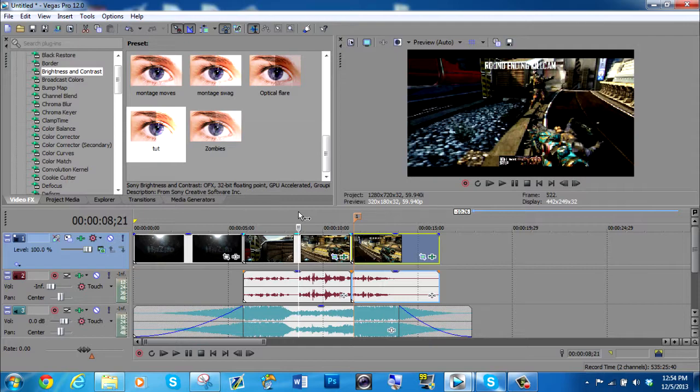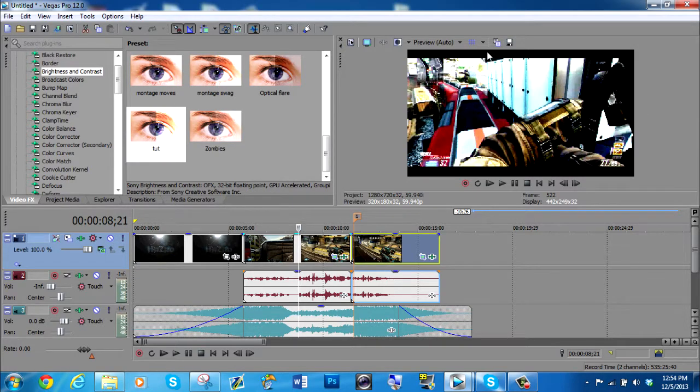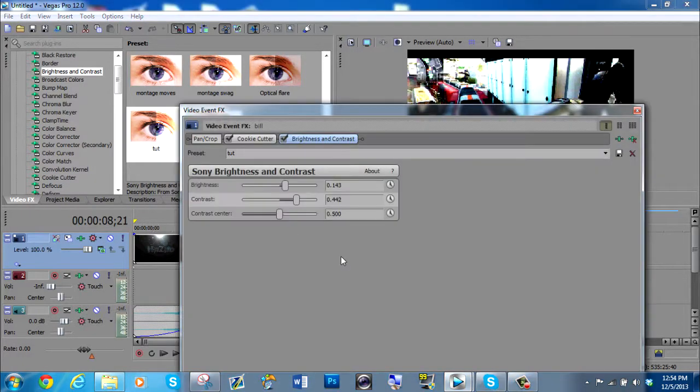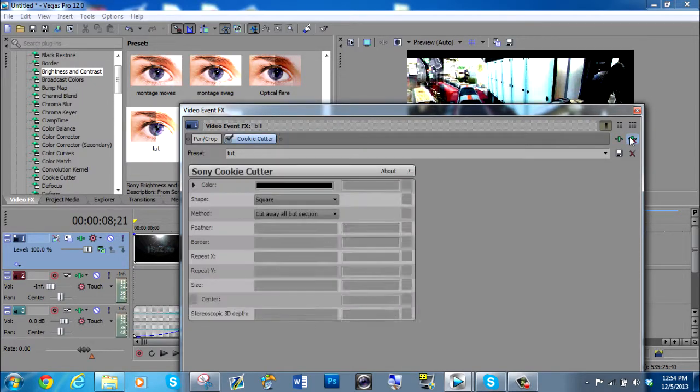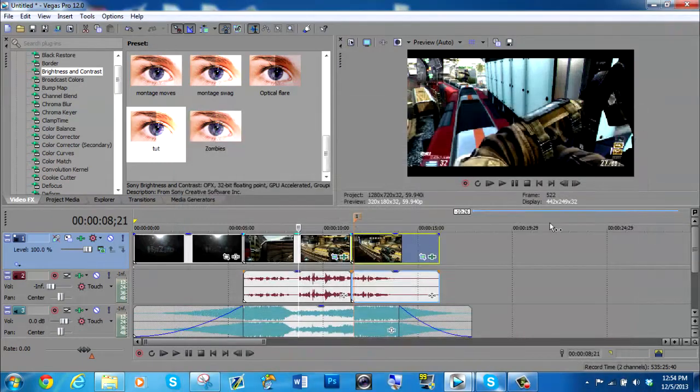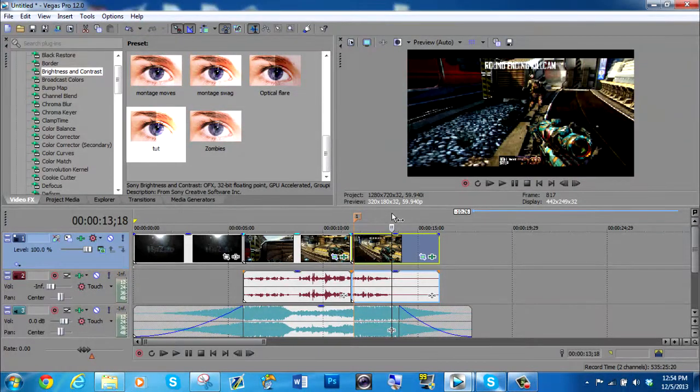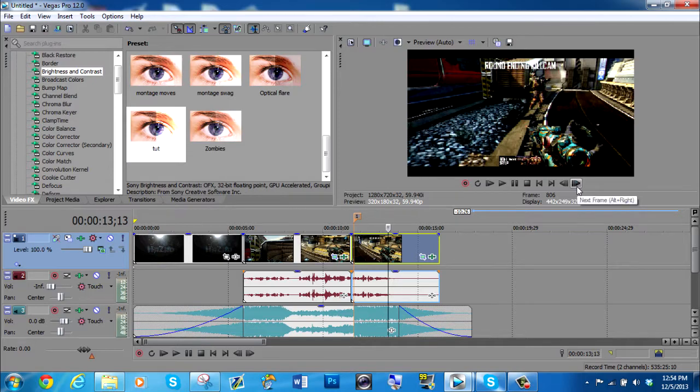But now this clip has toot on twice, so it's extremely harsh and it's way too bright. So what we do is we open up our FX again, and we are going to take this one off by simply either unchecking it, or we could just delete it completely because we don't need it anymore. Now we have a nice brightness and contrast on our clips, and we have it looking very nice and it flows with the music. So let's say that we wanted to add a little bit of slow motion to the second part. We wanted to add a little bit of slow motion right about,